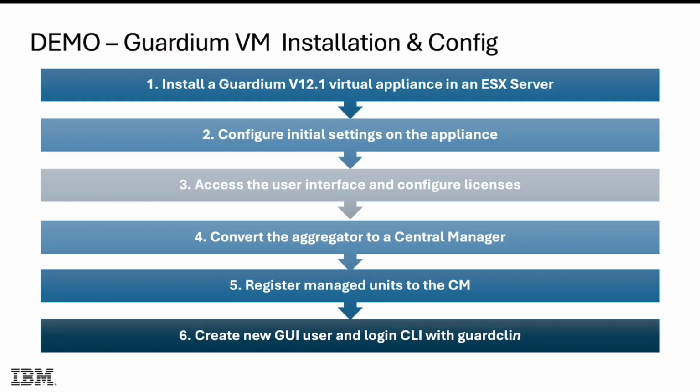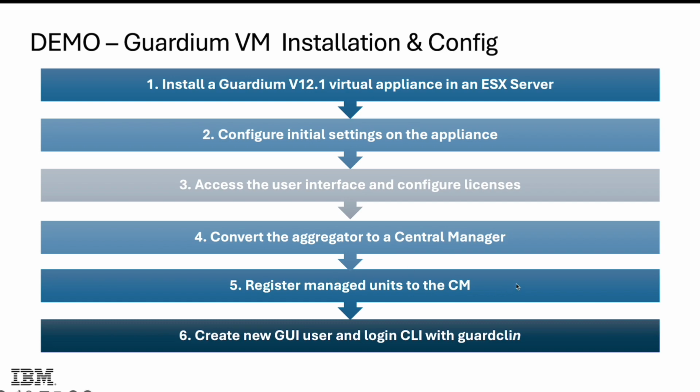Next, I will demo deploying a Guardium VM on a VMware ESX server by following the previous installation steps. Specifically, I will install a Guardium version 12.1 VM in an ESX server, and then we'll configure the initial settings like the network, date time, and time zone. And after the appliance becomes accessible, I will install the license and designate the central manager and register managed units